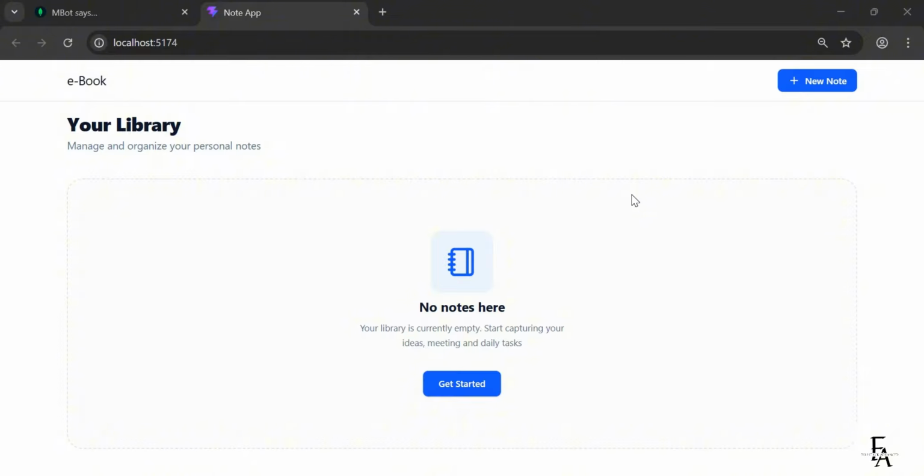You won't just be watching, you'll be building alongside, step by step, from setting up frontend to creating a powerful backend and connecting everything to a real database. By the end of this video, you'll understand how to structure a real-world MERN Stack application. You will understand how to build and connect APIs. You will learn how to manage states and handle user inputs and also create a fully working application from start